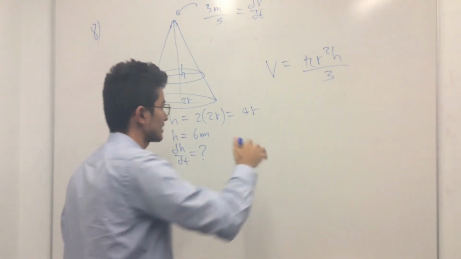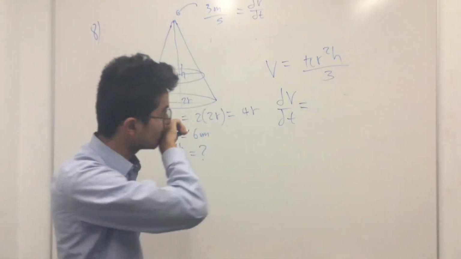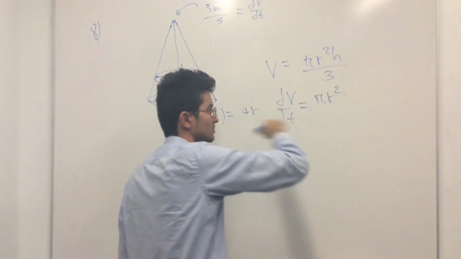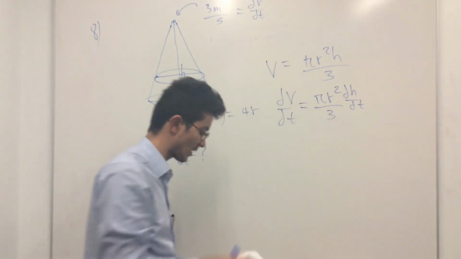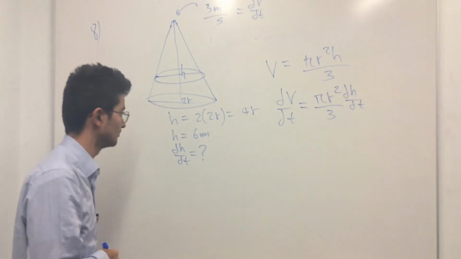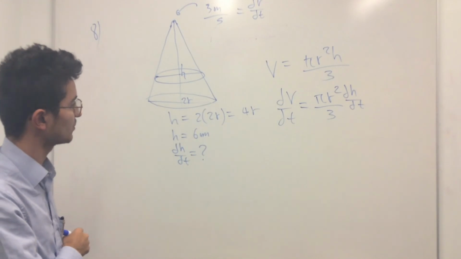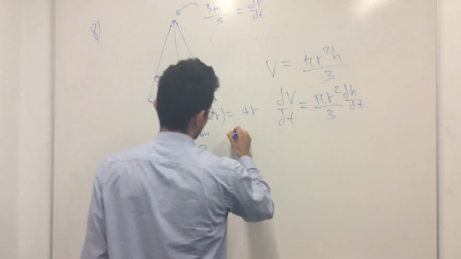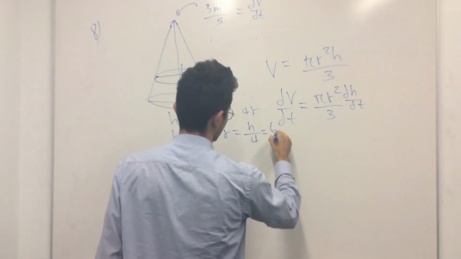Now, if we take the first time derivative of the volume, we find dV over dt equals pi r squared times the derivative of h, which is just dh over dt, all of that over 3. Now, we know dV over dt, we know r, right? We can find r in terms of h, and we know our height at that instant. So we can say that the radius is equal to h over 4, which is equal to 6 over 4 at that instant. So it's